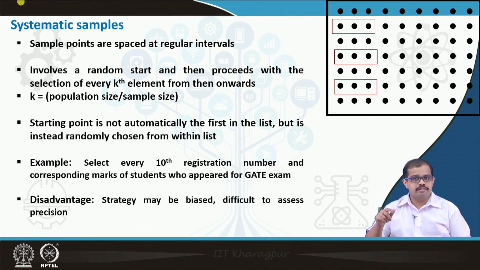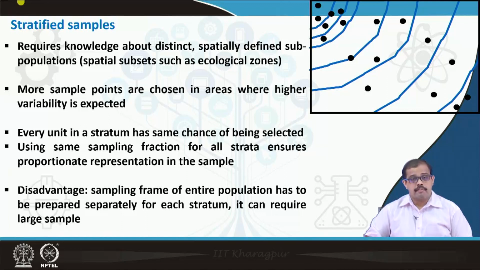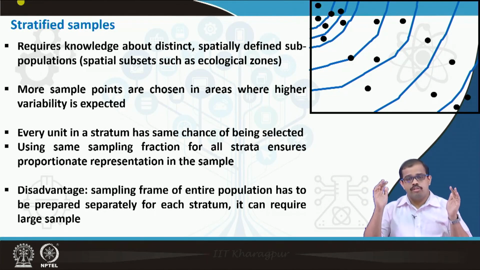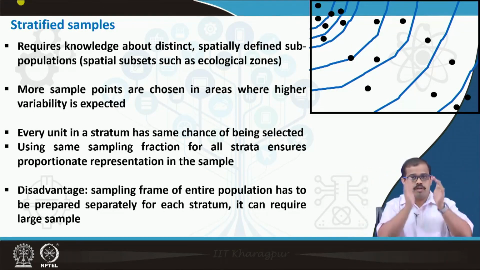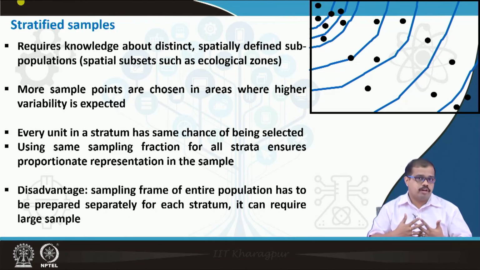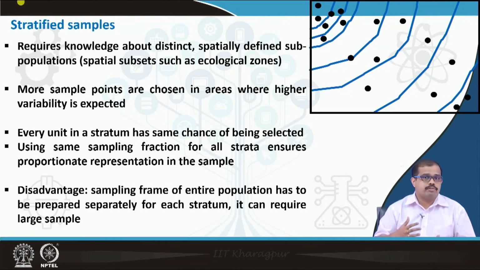So it may be your intuition that every 10th student is an extremely good student. That bias should not be there in your data set. But how do you actually remove this bias? By using stratified sampling. It is very important to understand that it requires knowledge of the distinct spatially defined subpopulations in the entire data set. You should know what distinct subgroups are there, how distinct they are, and what kind of knowledge you need. If you don't understand that, then you cannot do stratified sampling.